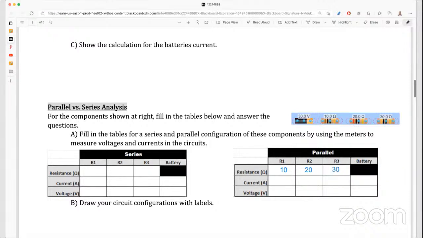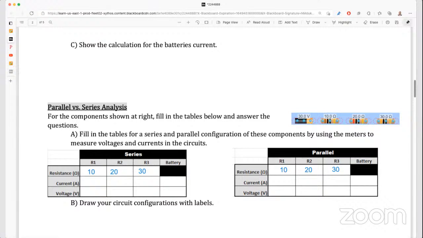Same here. So 10, 20, and 30. So that's already given to you, but you would need to wire 10 ohms, 20 ohms, and 30